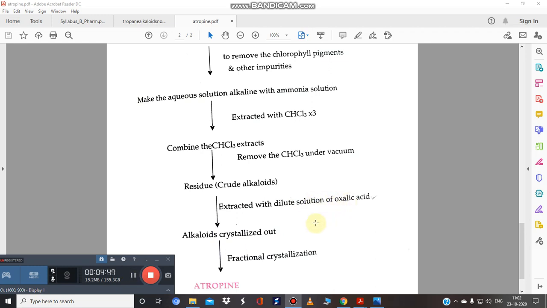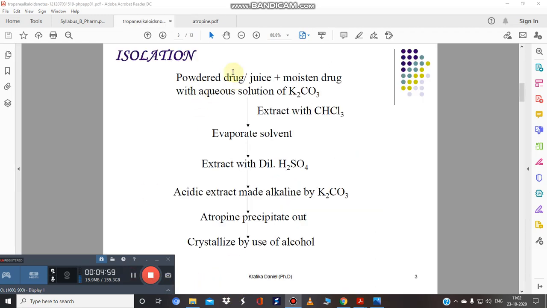Then the alkaloids are separated with the help of fractional crystallization, and atropine is crystallized out. So this is the simple procedure again for the extraction of atropine. You have to remember at least two procedures for the extraction of alkaloids. I suggest you remember this first procedure, because it is very simple, in which the alkaloid drug was